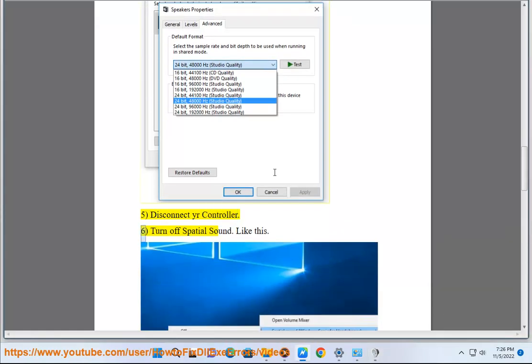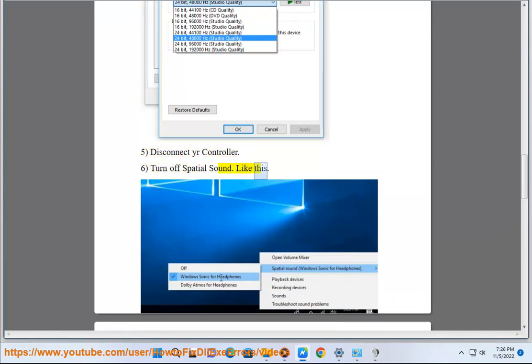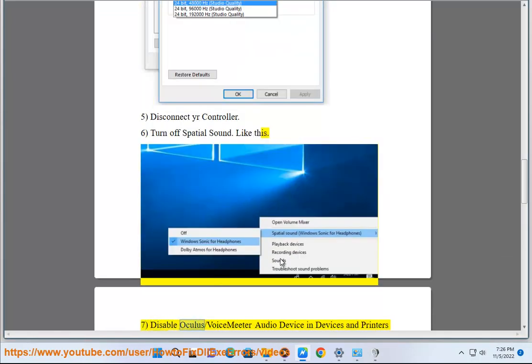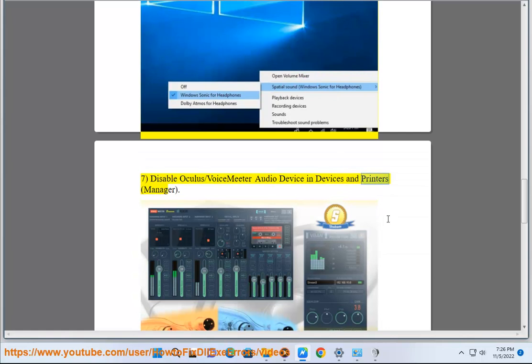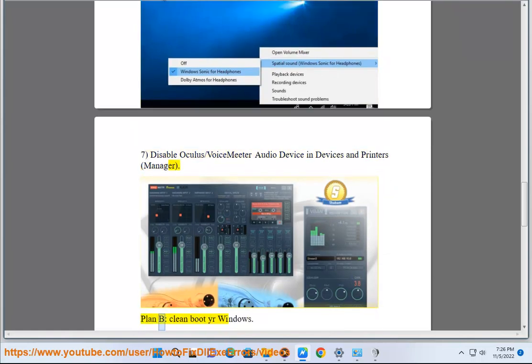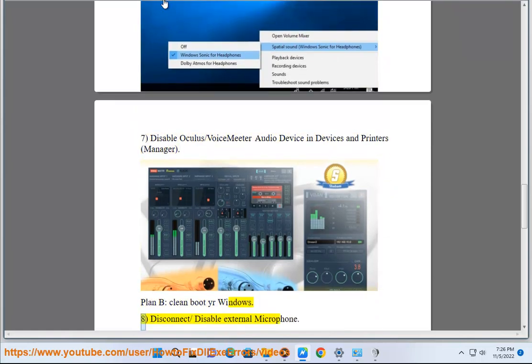controller. 6. Turn off spatial sound, like this. 7. Disable Oculus/voice meter audio device in devices and printers manager. Plan B, clean boot your Windows. 8. Disconnect/disable